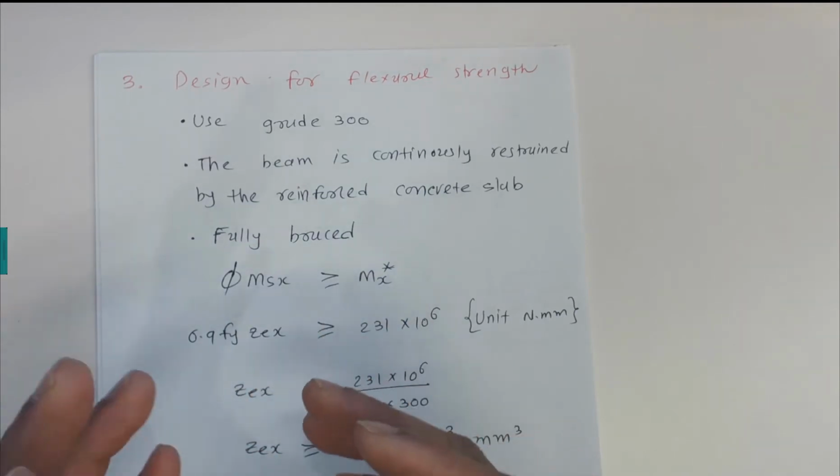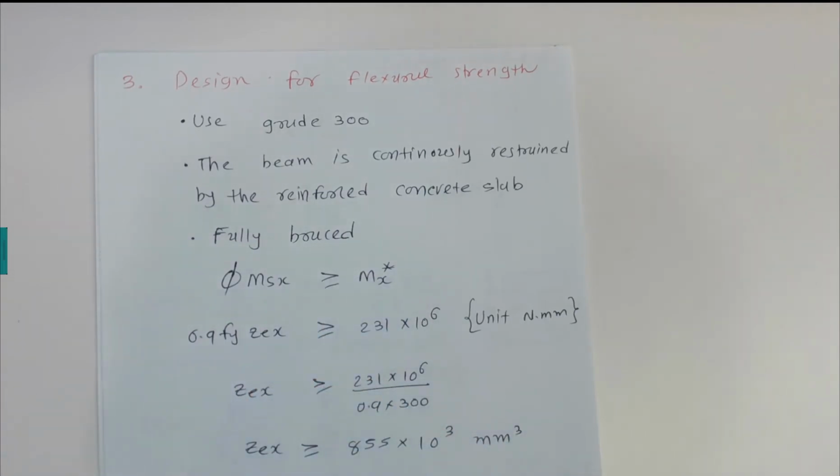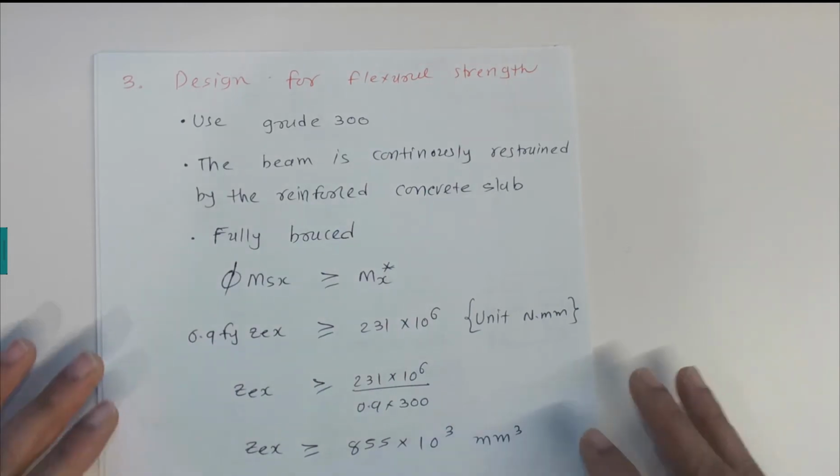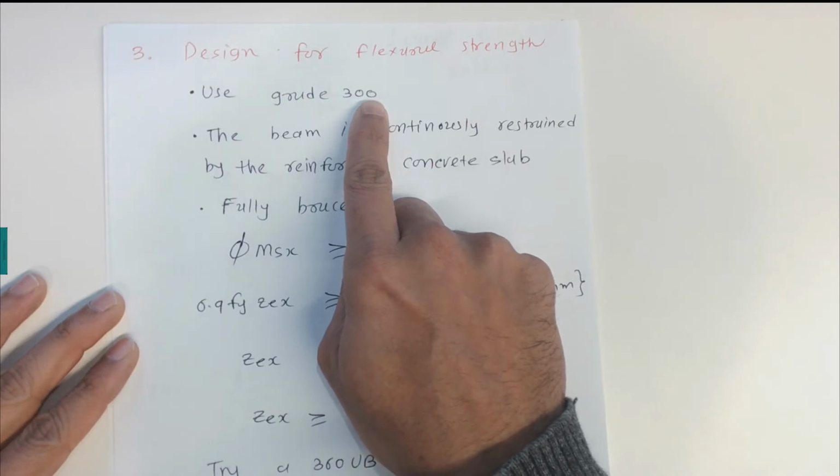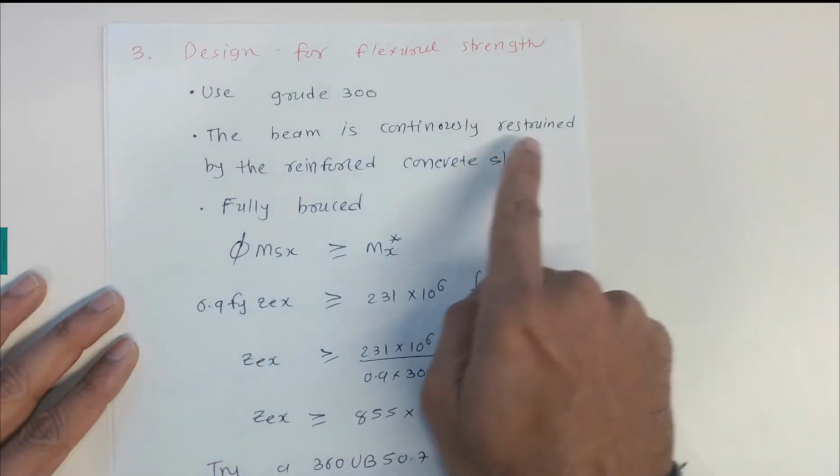If you're designing for shear, we are required to do the bending check first, making sure that the beam does not fail in bending rather than shear. So the shear comes after, and generally beams don't fail in shear, but we must check for it. Now for the flexural bending strength, you're going to use the 300 grade, and the beam is continuously restrained by the